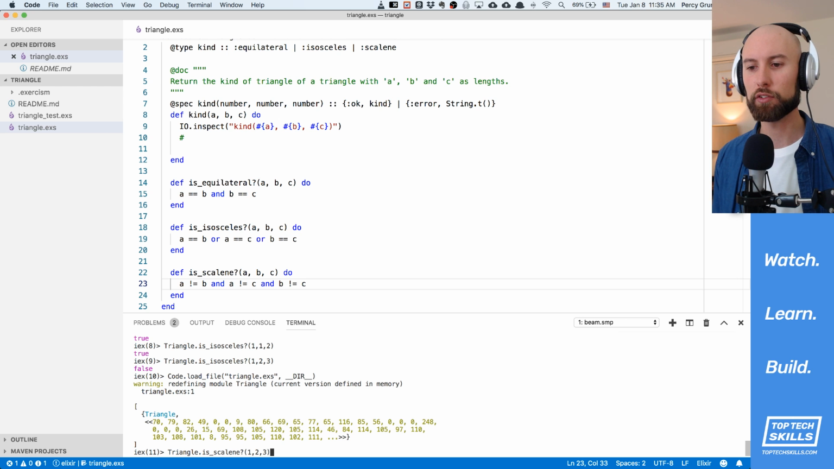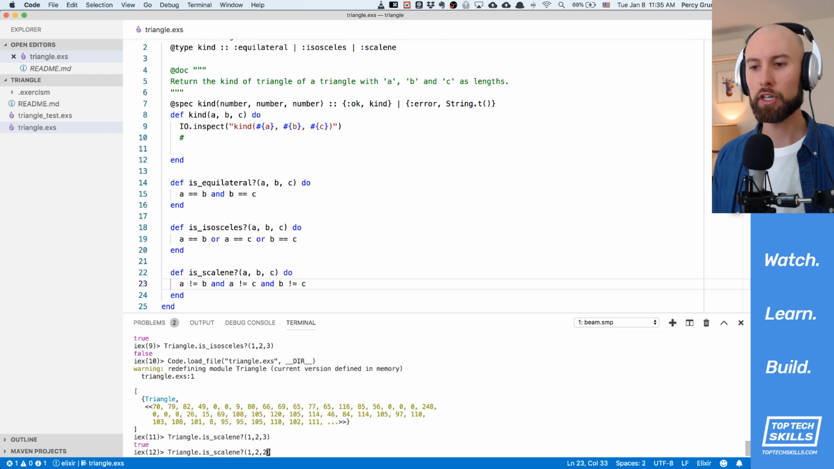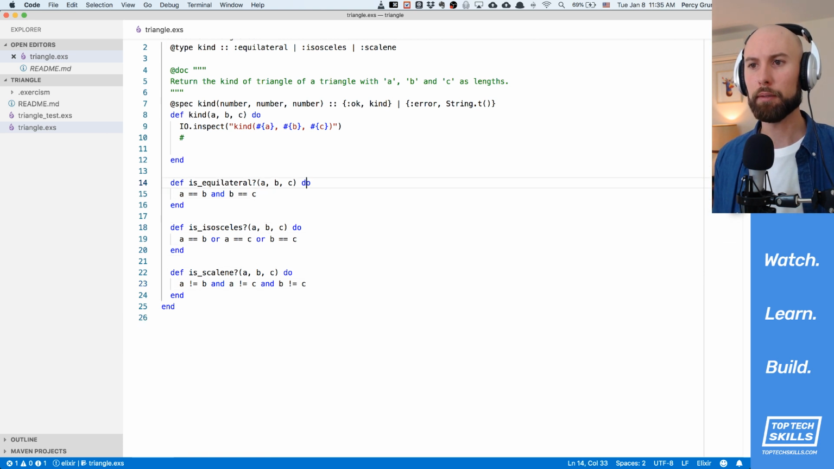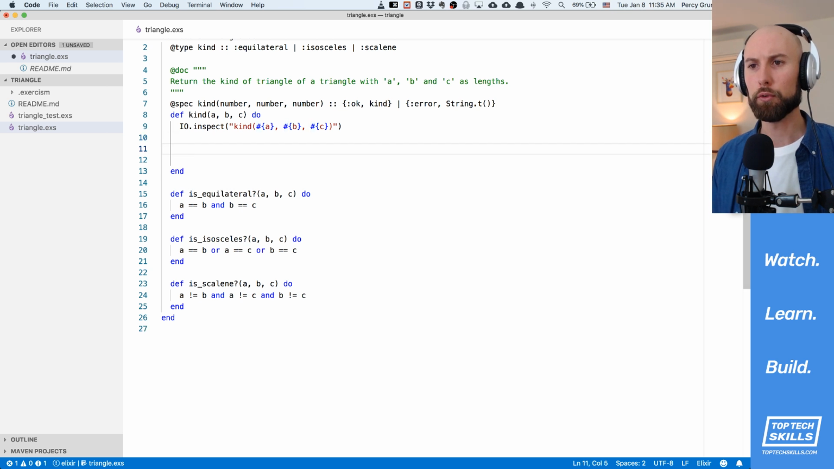So isScalene, this should return true because all the sides are different length. And if we change any of them to be the same, it should return false. Okay, cool. So we've got our functions there. What we can do,